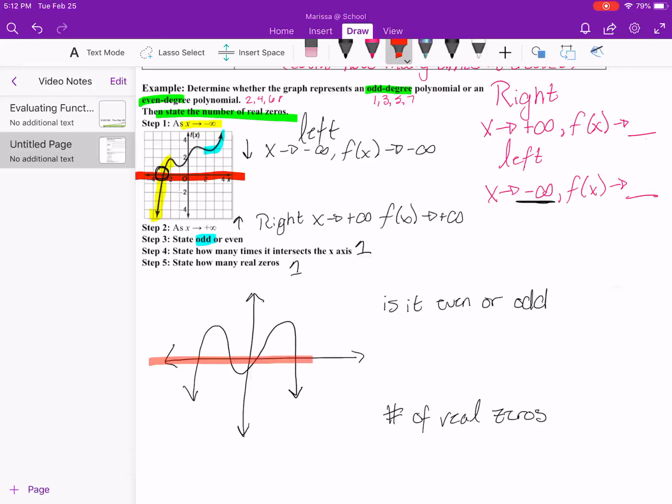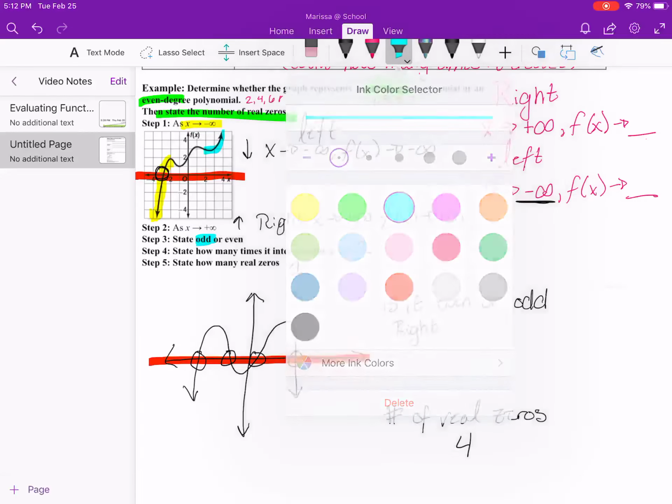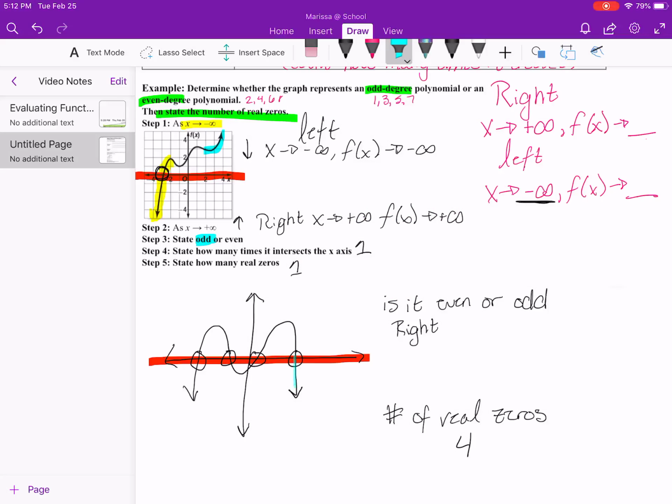That's the easier part. I'm looking at my x-axis and finding how many times it crosses. So I know it crosses 1, 2, 3, 4 times. So the number of real zeros is 4. Next, I'm going to look at the right side since I have it written right and then left. So I want to look at the right side of the graph. I want to know what it's doing. So on the right side of my graph,